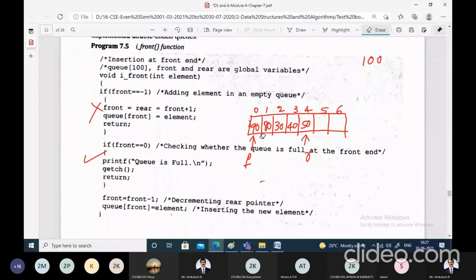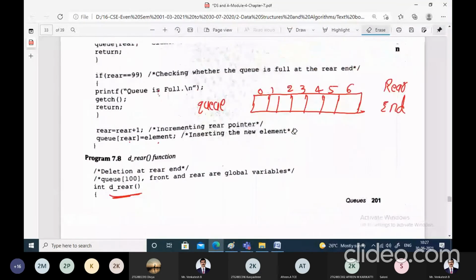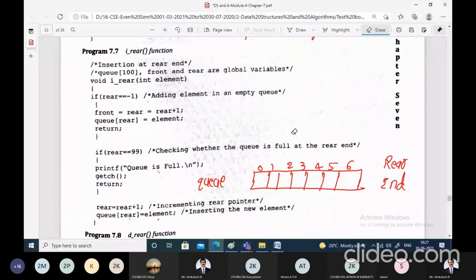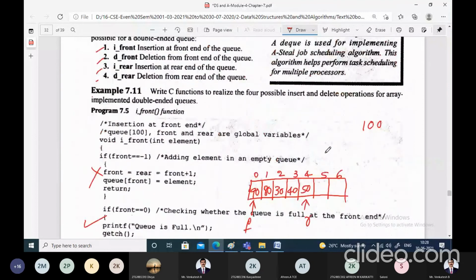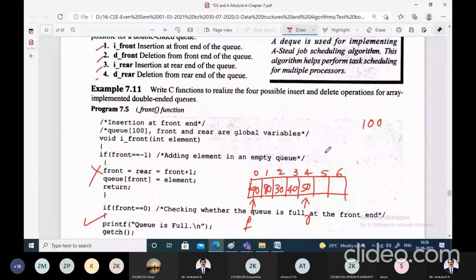What are the elements? 90, 80, 30, 40, and 50. Front is pointing to index 0 and rear is pointing to index 4.